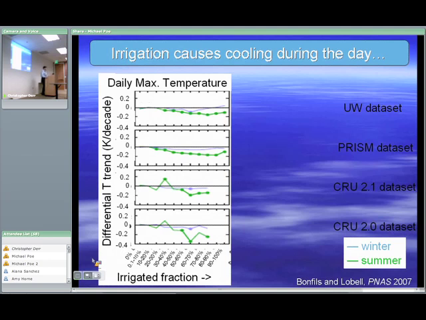And that seems to be the case. Now, what I'm showing you here is the results from an observational study done by a couple of colleagues, Celine Bonfils and David Lobell. And I think they did a really nice job of just isolating the effect of irrigation on temperature in California. They looked at low elevation regions. I don't want to confuse things by looking in the mountains, where there's all kinds of different effects.